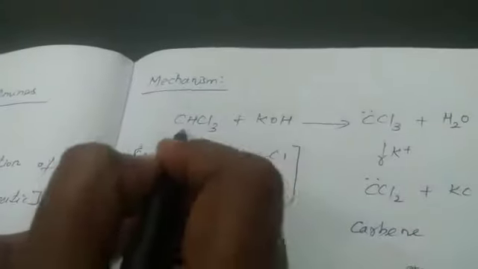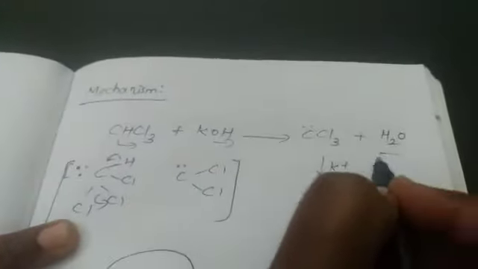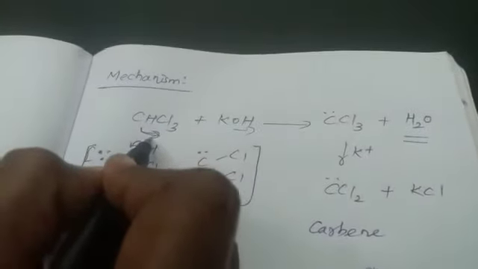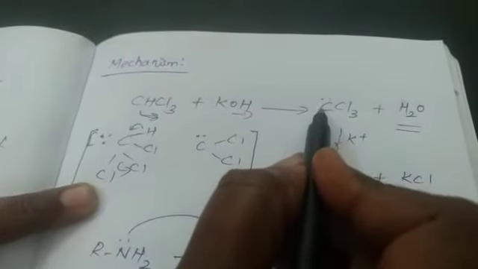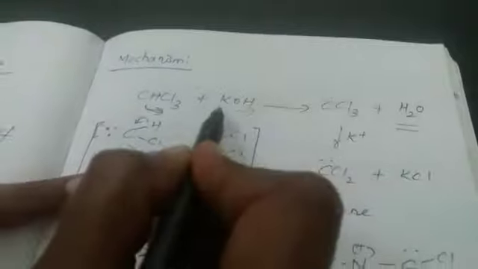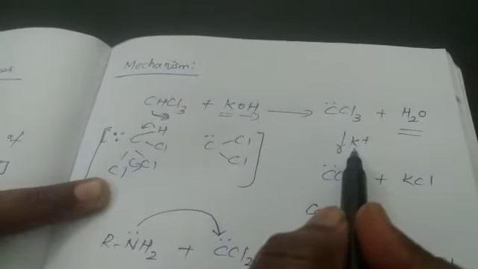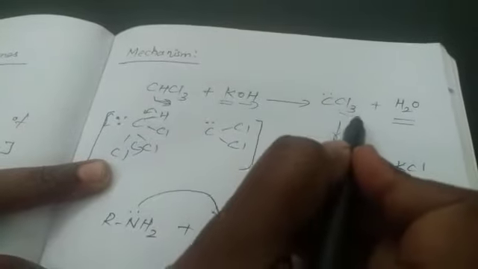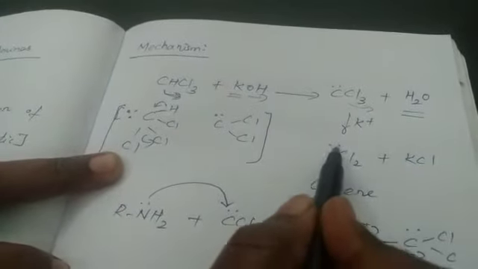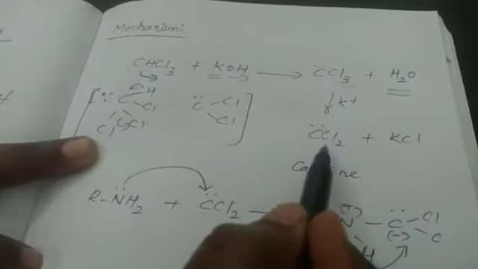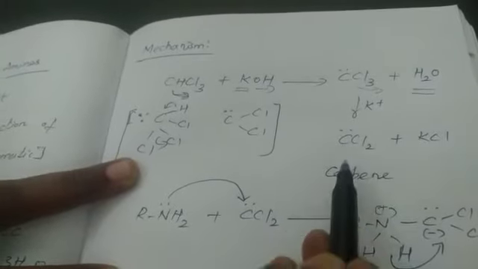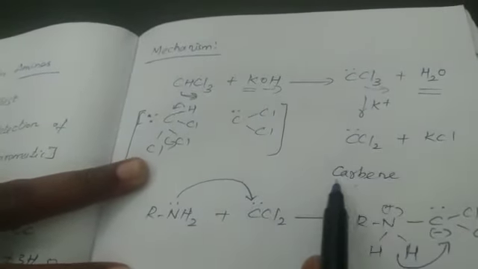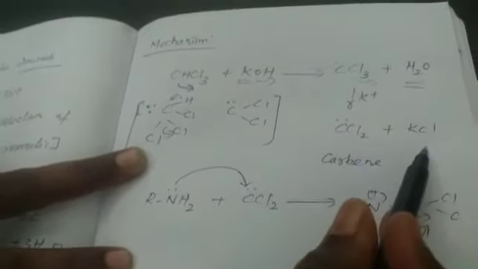How? We all know it. Here H plus and OH minus will be removed as water molecules. If it removes its H as H plus, it gives electrons towards this carbon atom, so we will have a lone pair of electrons on this carbon atom. Still we have K plus here. When it reacts with this K plus, there is the removal of Cl minus here. So still we will have a lone pair of electrons. So CCl2 is nothing but a carbene. If we have two electrons on this carbon atom, then we can call it a carbene, otherwise dichlorocarbene, by the liberation of KCl here.